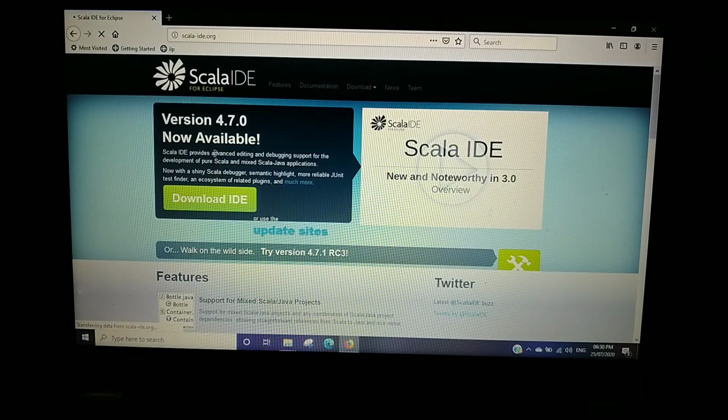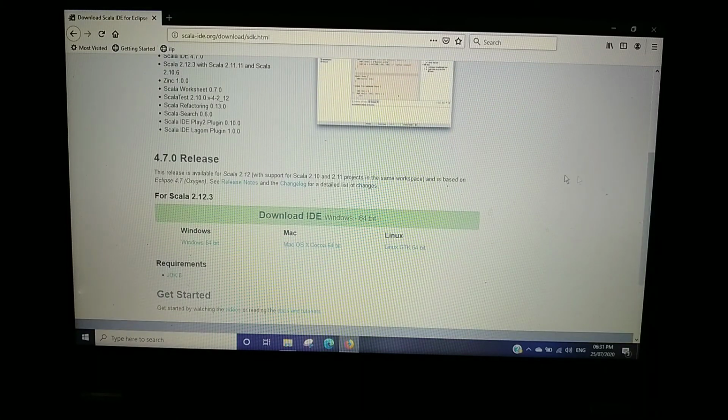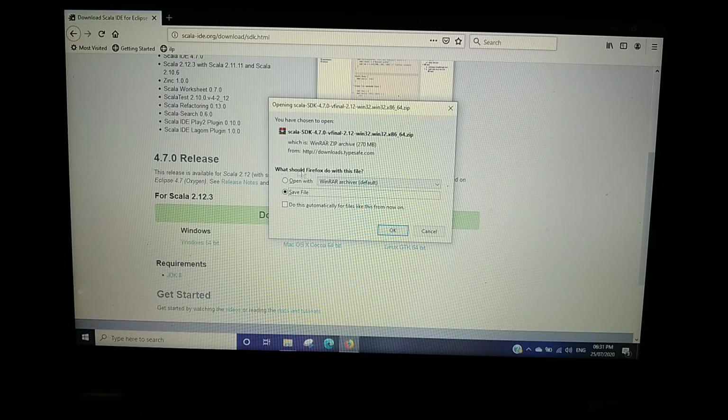Click on it and click on the download IDE button. Here the Scala IDE is version 4.7. You will find different types of OS like Windows, Mac and Linux. Click on the Windows button and save the file.